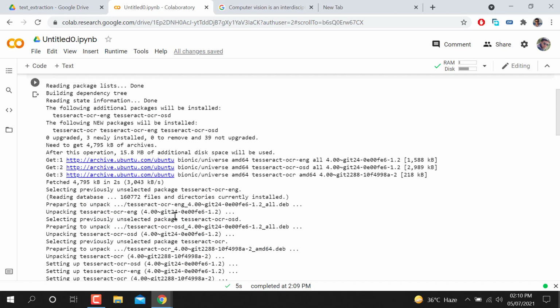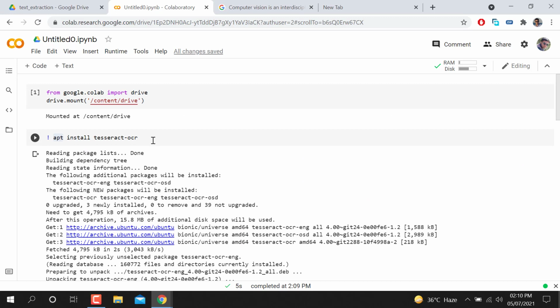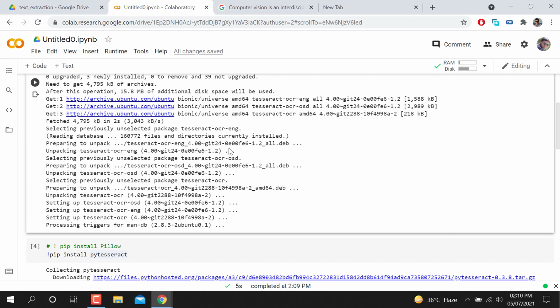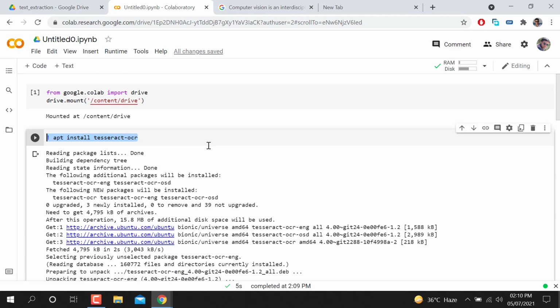So this is basically a simple code and quite easy, but make sure you install pytesseract and os by using this command. I hope you like this video, and thank you so much for watching.